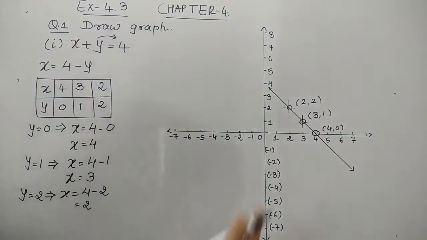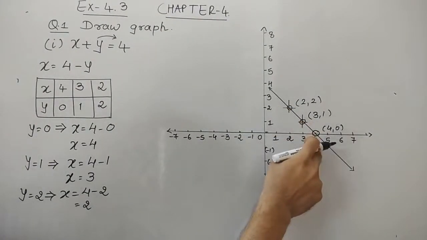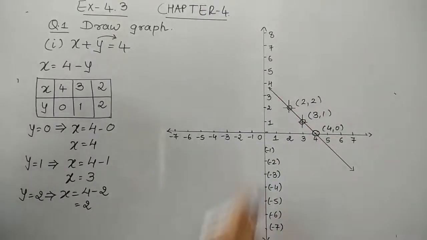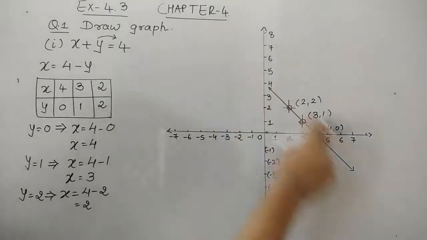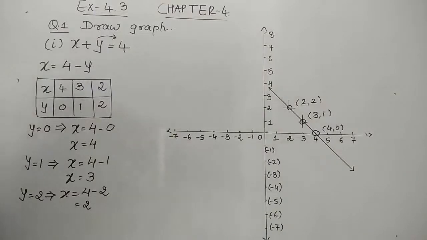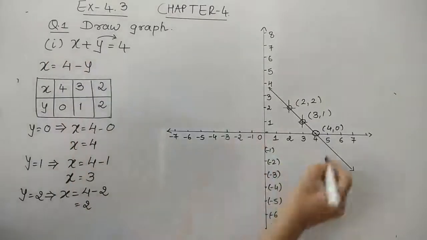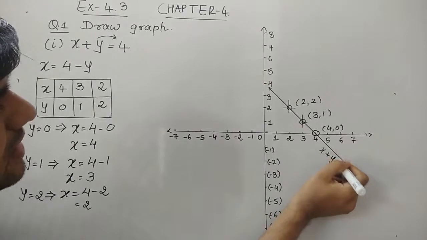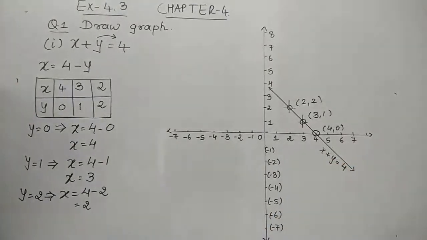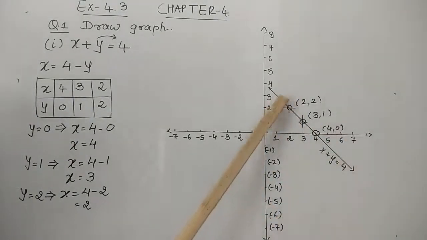We can identify by checking that all the coordinates should pass through one line. This line is considered a linear equation. Whenever we construct the graph of a linear equation, it will always be a line graph. After doing this, whatever the equation is, we can represent it on the line like this. You can represent here, here or here or there. So at the edge of the line we can represent it. So thus this is the graph of the given equation.